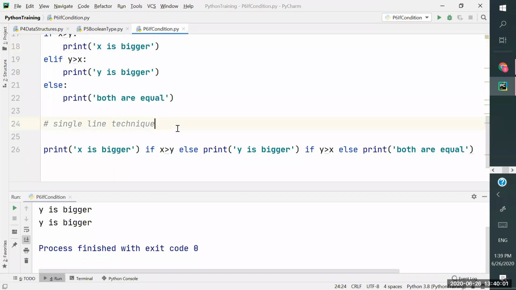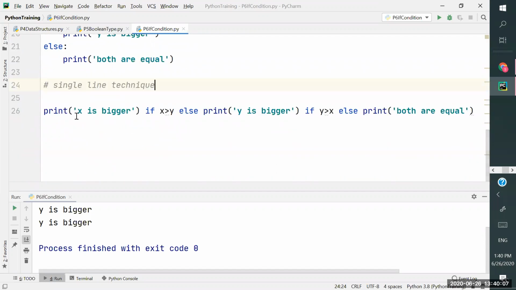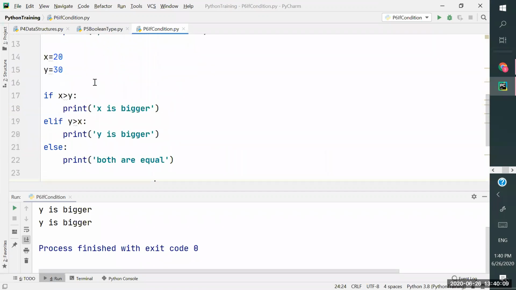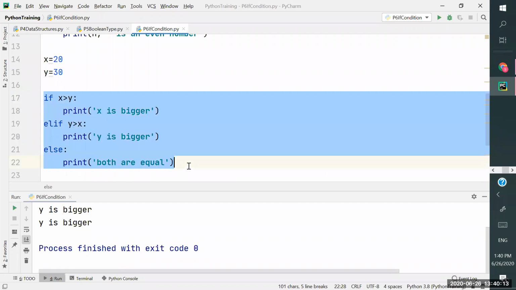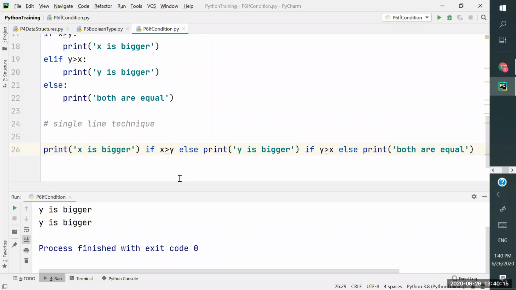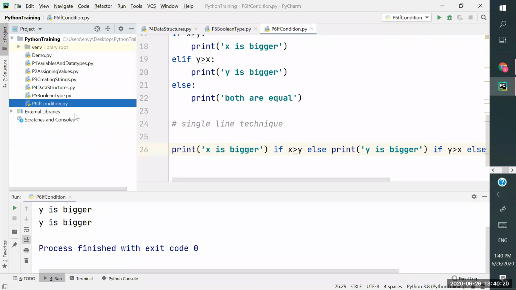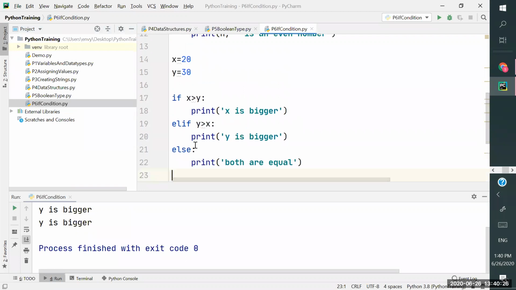Next, how to implement for or while. An if condition executes only once. When it comes to while, it's also condition-based looping, but it executes until the condition is satisfied. But an if condition executes only once.